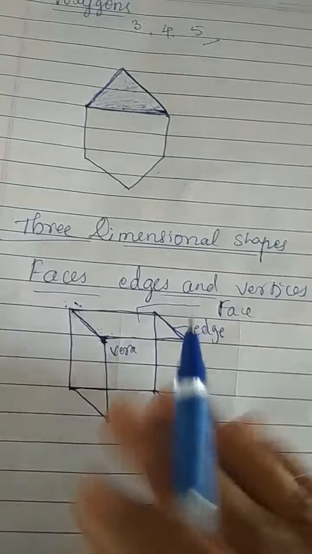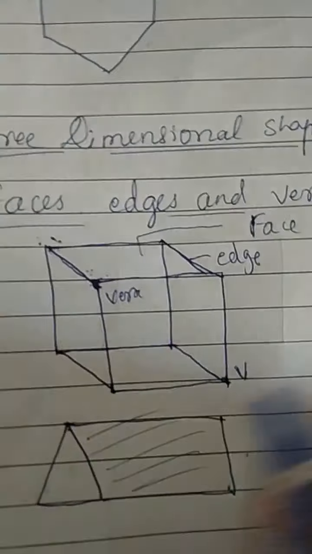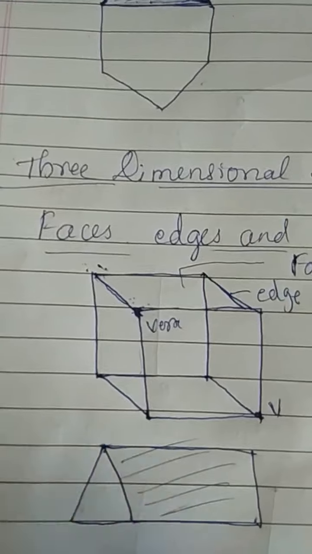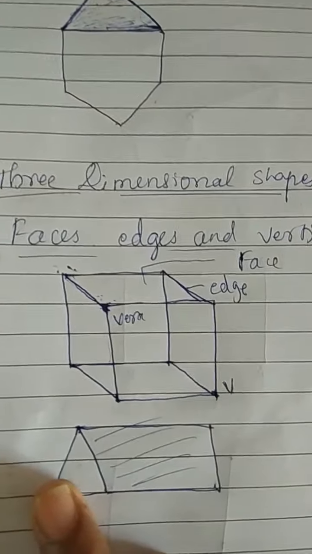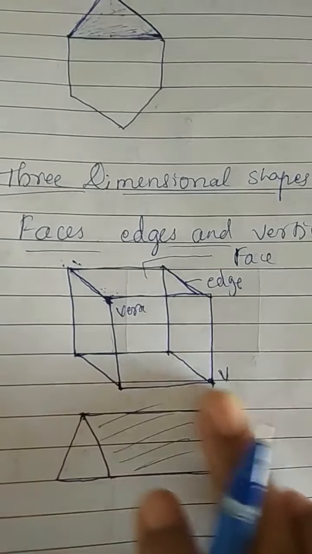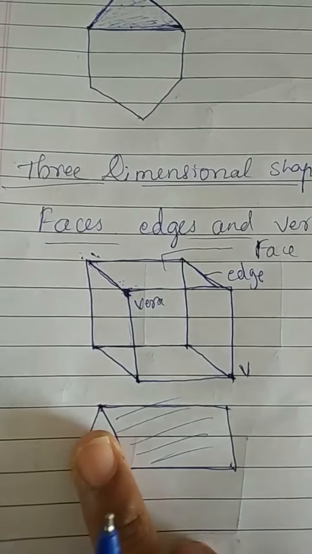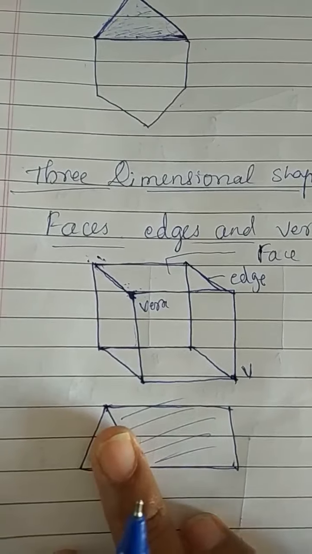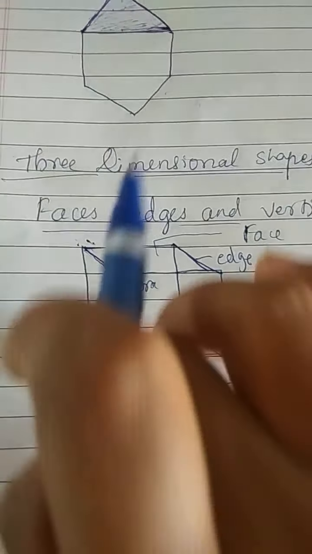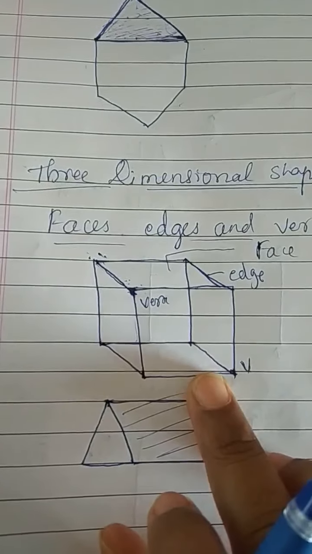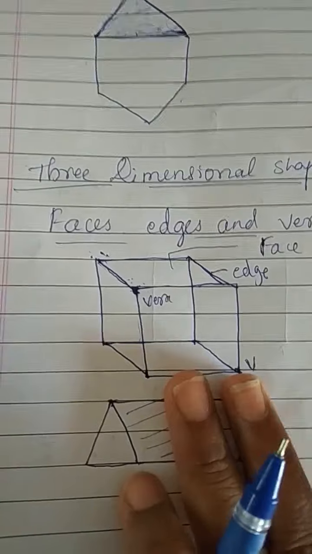So here again you may observe a prism. This is a prism. It will be there in the laboratory. When you come to school, I will show you. This one face is a triangle, so it is called a triangular prism. The triangular face is also known as its base. A prism has two identical bases. The other faces are rectangles. This side and this side are rectangles. If the prism has a rectangular base, it is a rectangular prism.